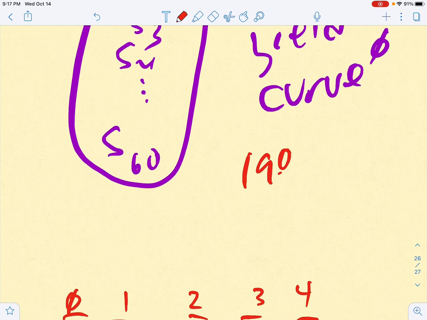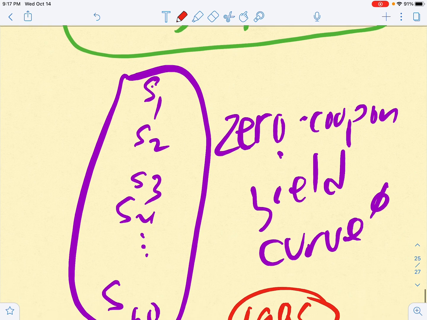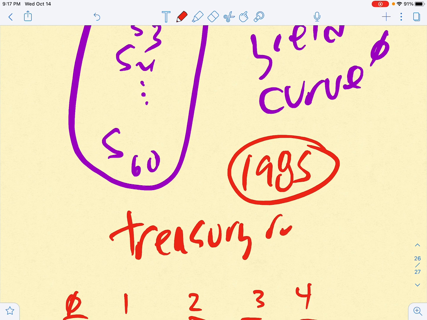Oh, by the way, interesting development in the story. In 1985 or thereabouts, the federal government actually recognized how valuable these stripped coupons were, and they had been known as treasury receipts. And in 1985, the federal government decided to step in, and as soon as an investment bank purchased the bond, the 30-year T-bond, for example, and as soon as someone